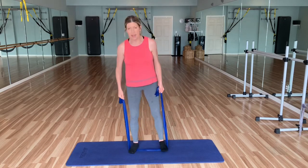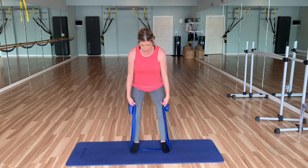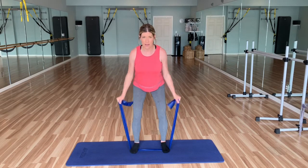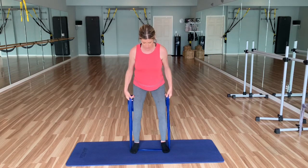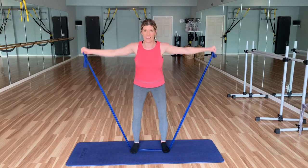Okay, good. Now we're gonna do a little combo work here, okay? So we're gonna inhale in, exhale, bring it into a row. Inhale, drop down, bring it out to the side. Okay, inhale in, exhale, row. Inhale, exhale,